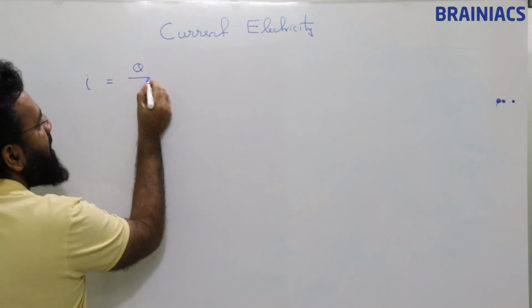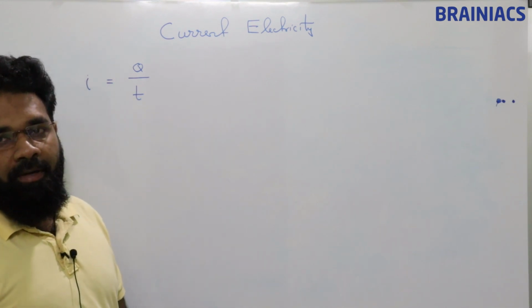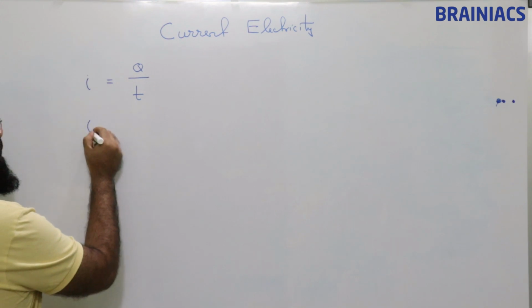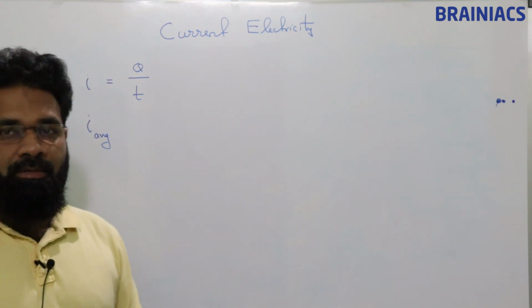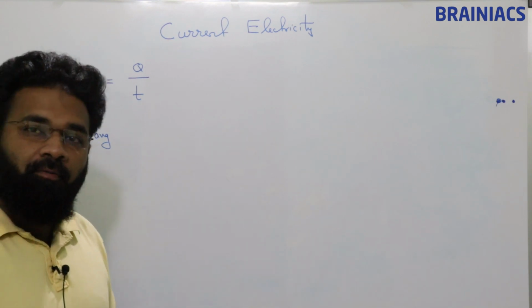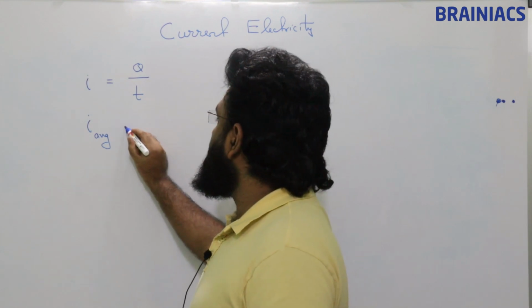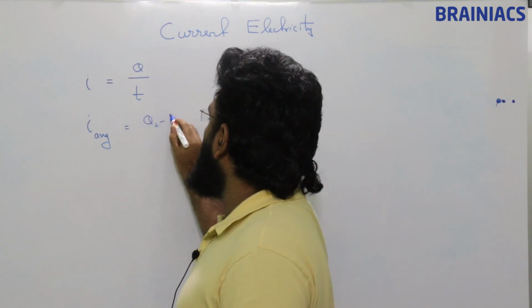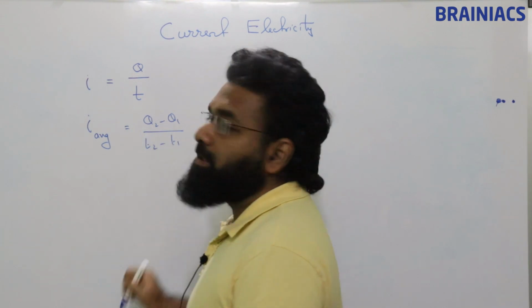If the charge flow is constant, then current is nothing but Q by T. If the charge is varying and we get different values of charge at different time instances, then I average is equal to (Q2 minus Q1) by (T2 minus T1). Likewise,